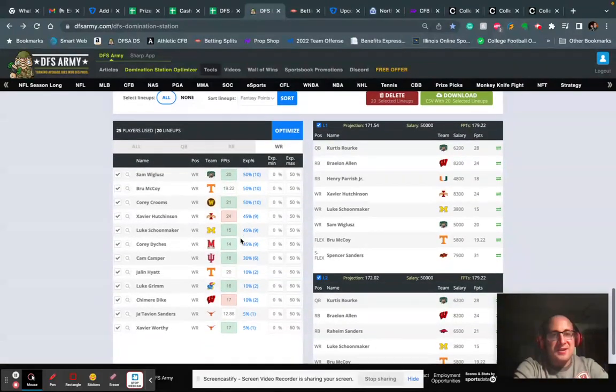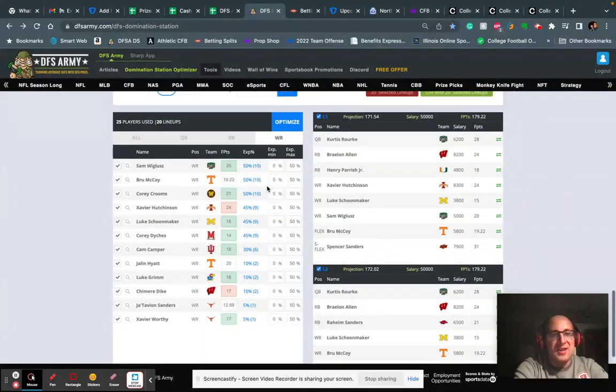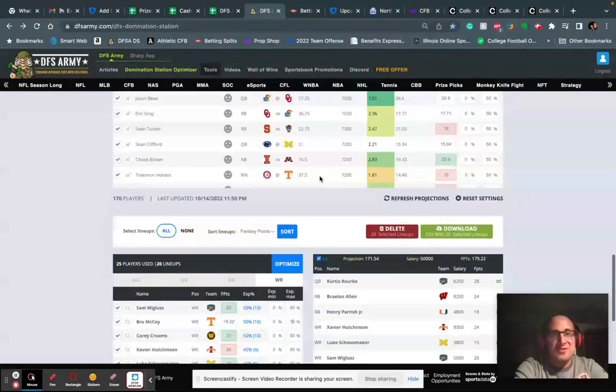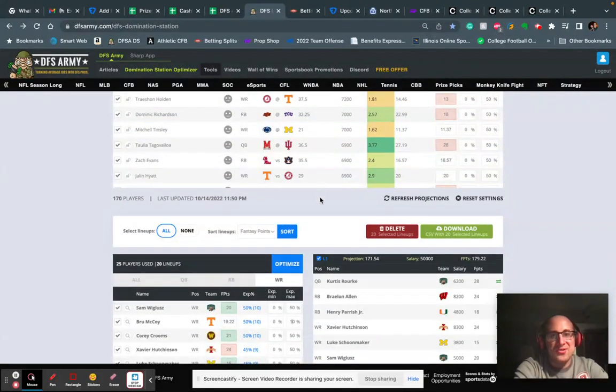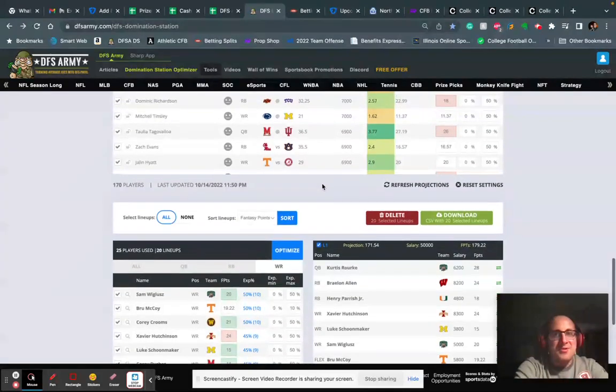I like having a big pool. I love the MAC guys. I'm not crazy about Tennessee, so I might just do like 10% just because Alabama has been really good on defense. Now, Tennessee is going to be the best offense they've played and certainly one of the best in the country. But Alabama right now, they are